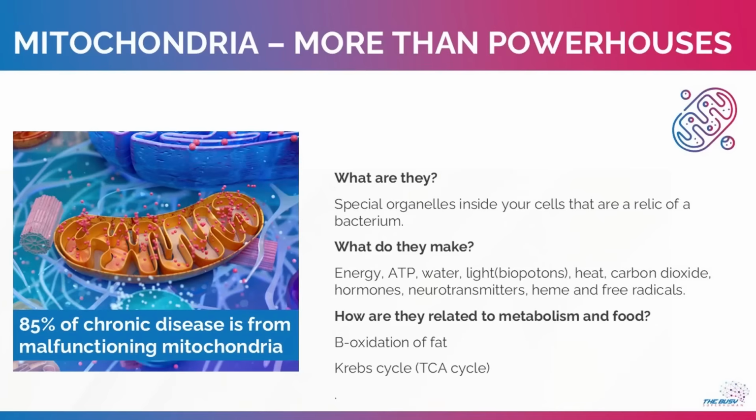Now, mitochondria also make light, and inside the body, we would call the light that we make biophotons, and it's different to the light that is outside because it's much more coherent and laser-like. Mitochondria also make heat, and this is important when we briefly talk about dissipative structures. They also make carbon dioxide, which definitely isn't a poison. It's an extremely important signaling molecule. And if you explore the work of people like Anders Olsen and James Nestor, you'll really understand how important breathing and carbon dioxide are. So the mitochondria make that as well.